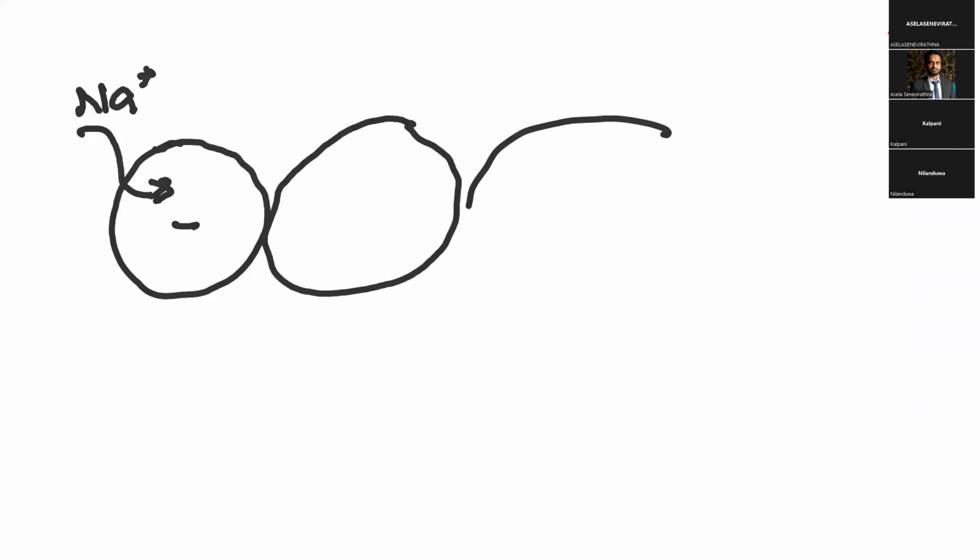Is it happening in just one cell? No, no. This is not happening in only one cell. This should be happening in all the cells of the heart. So let's consider the next cell. This is the next cell, and the next cell. Once sodium enters this cell, these cells convert to positive, called depolarization, and some part of the sodium enters the